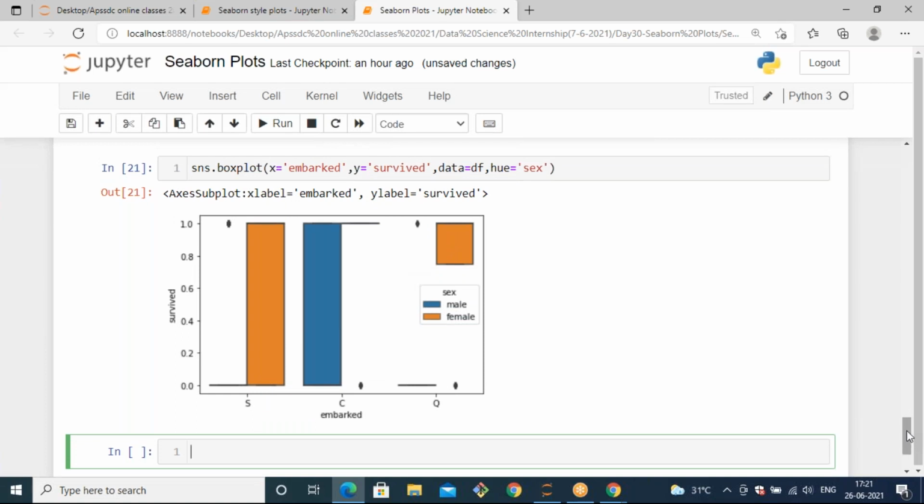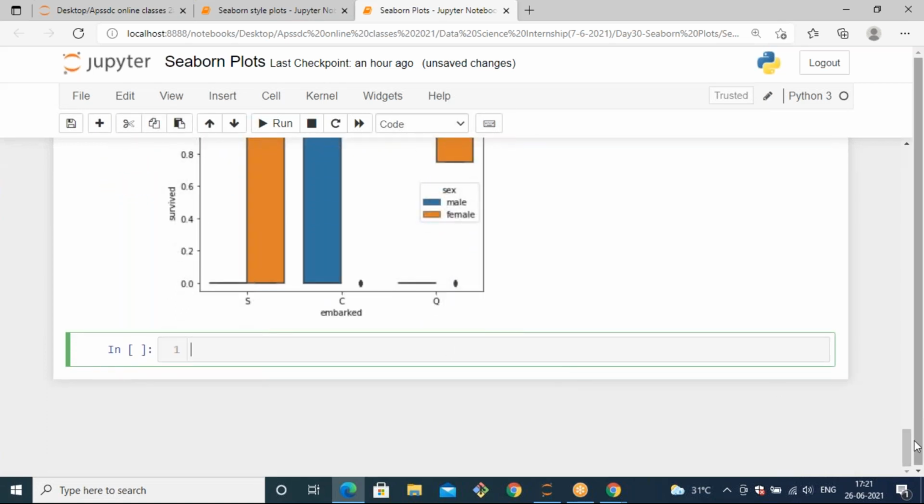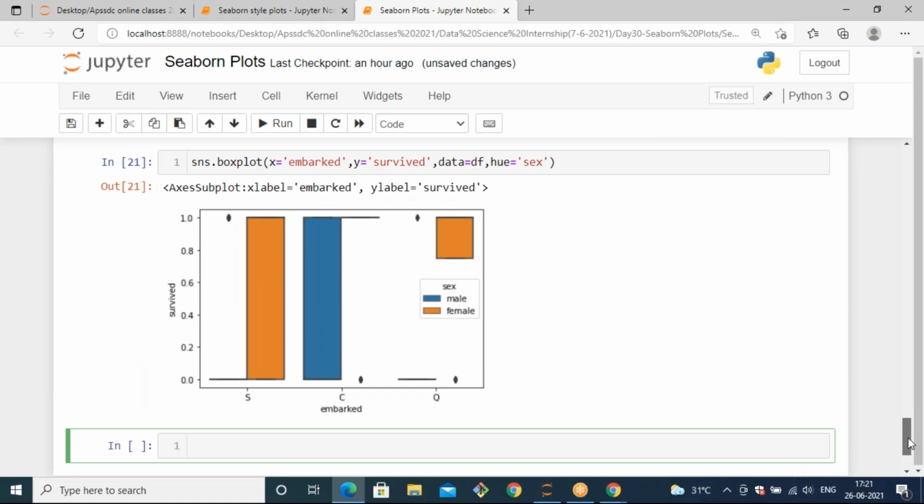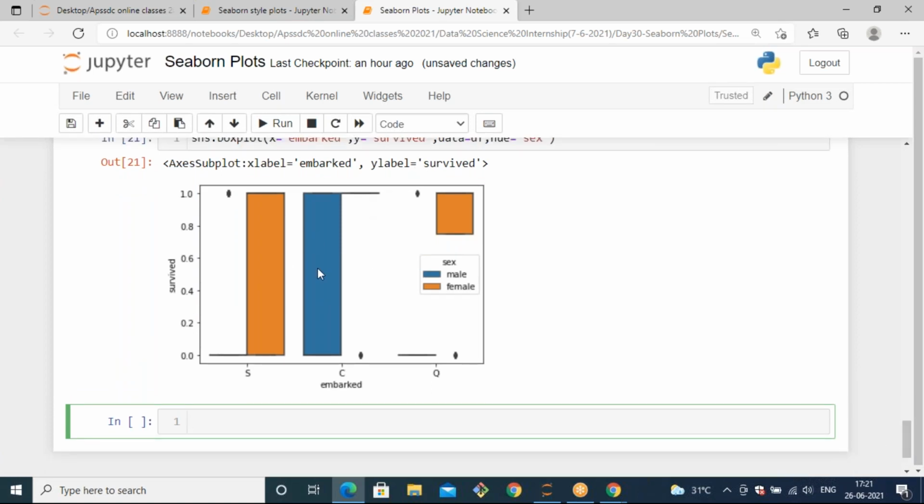Let's take some other dataset, because we are not able to see the particular box kind of plot, right? It is a kind of bar plot. We can see bars as well as lines, but we do not observe the whiskers.